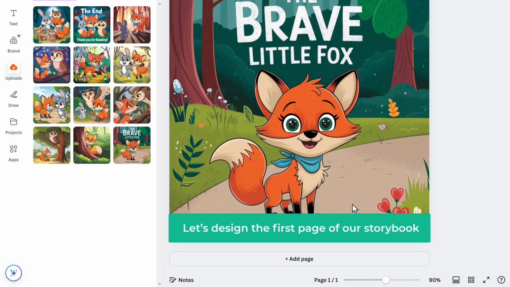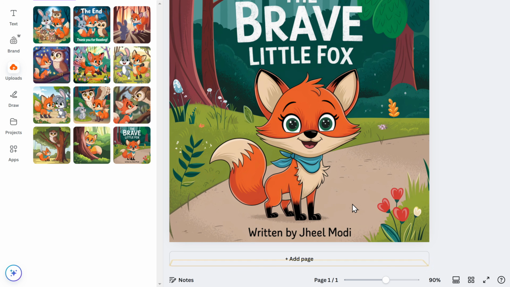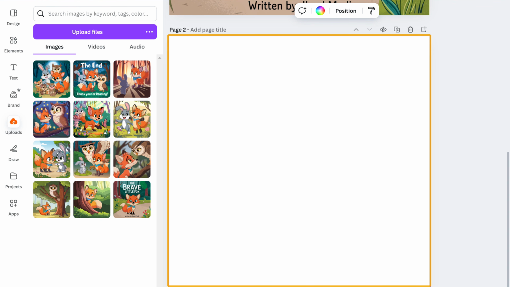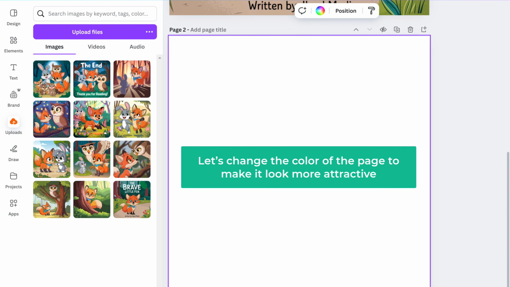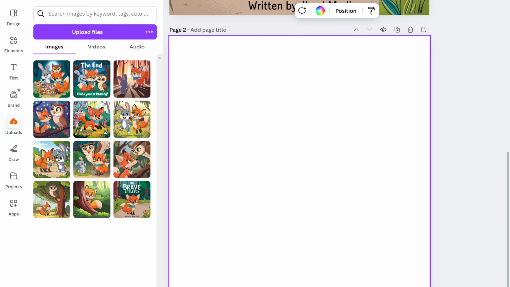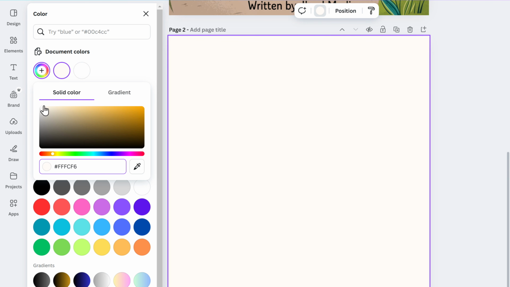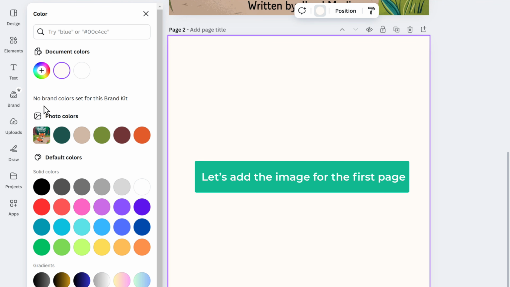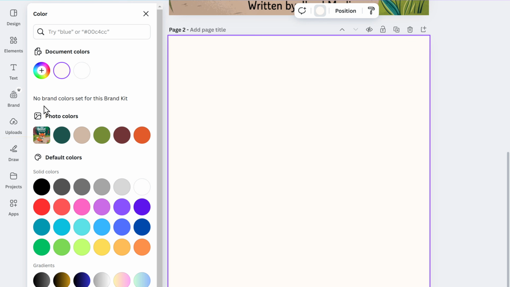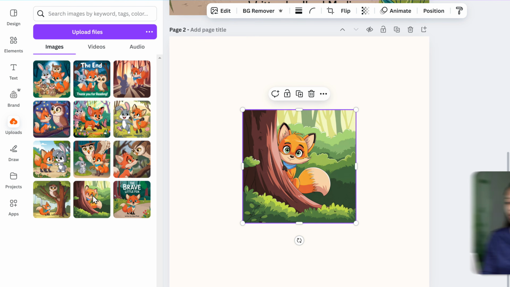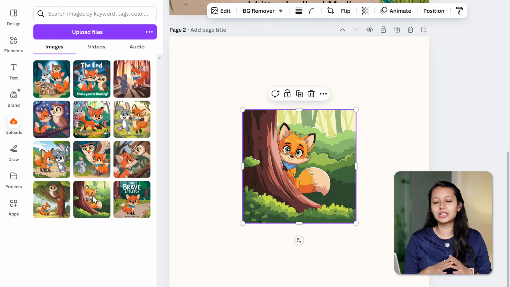Next, let's design the first page of our storybook. Click on Add Page and a new page will appear. Let's change the color of the page to make it look more attractive. To do that, just click here and select the color you want. Now, let's add the image for the first page. Just go to Uploads and click on the image. Just adding the images like this doesn't look good.